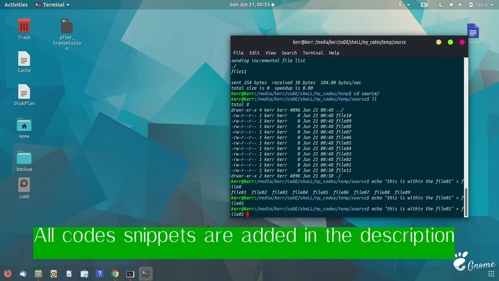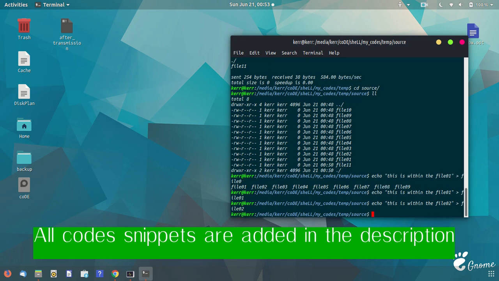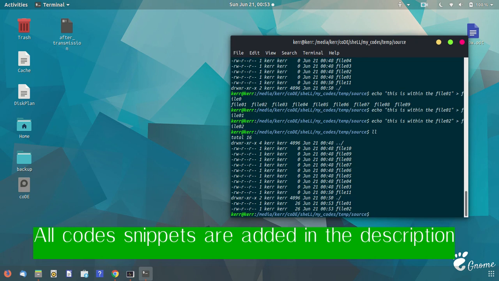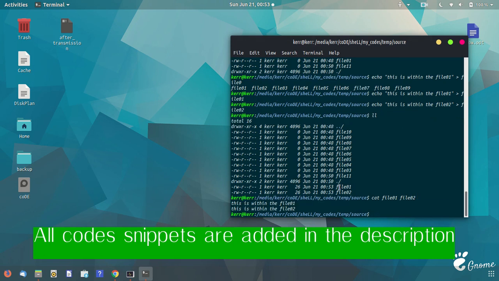File 1, make some similar changes to file 2 as well. Okay, so file 1 it is, file 01, and for file 02 it is minus file 02.